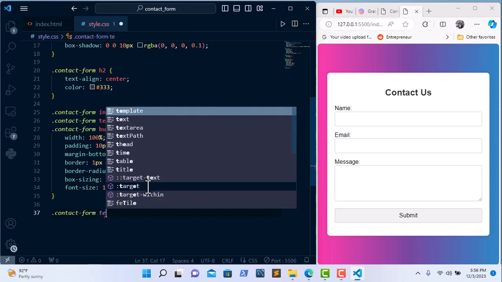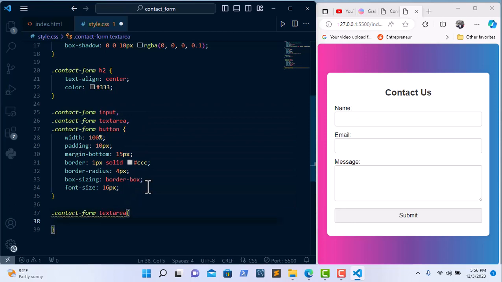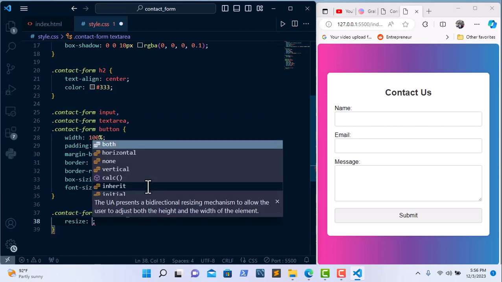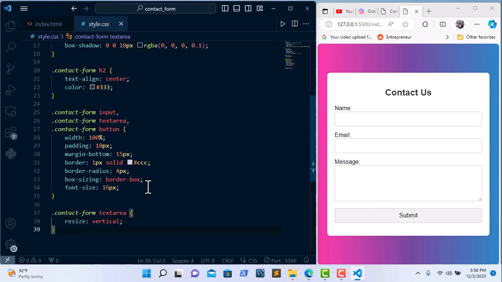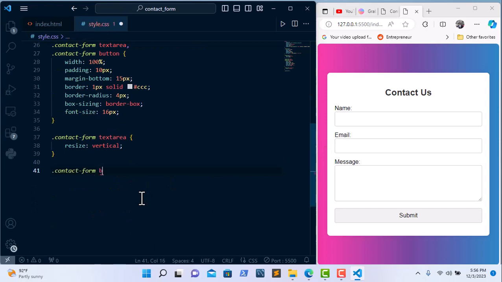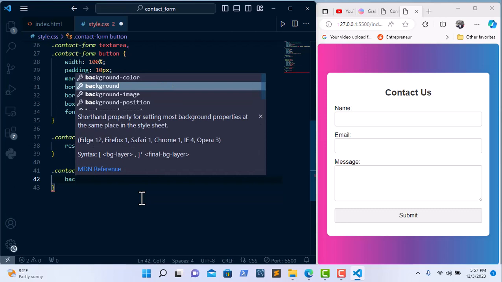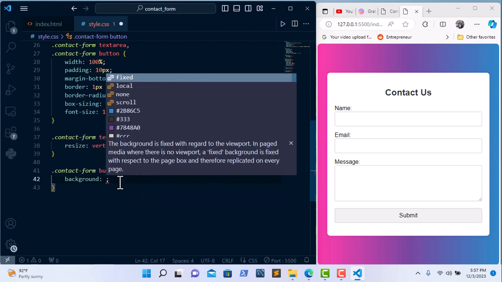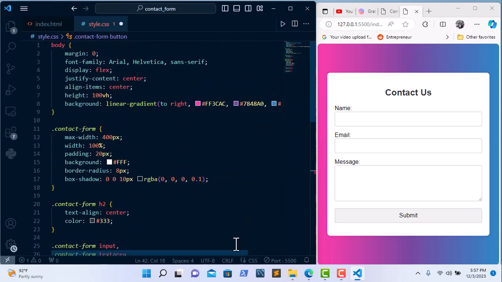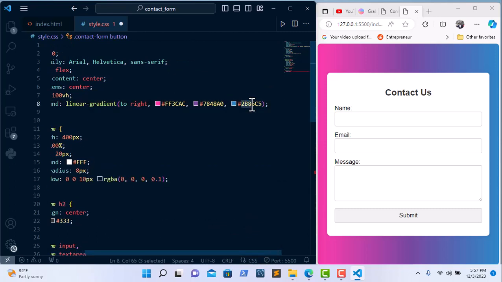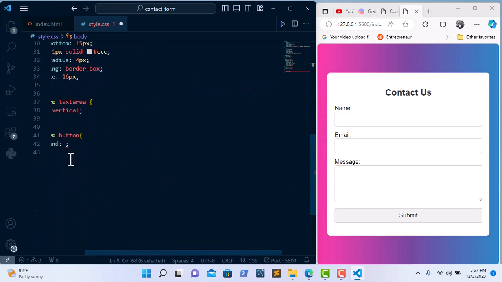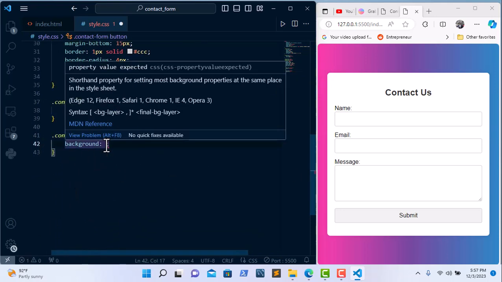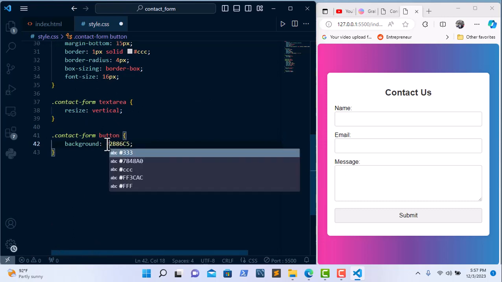So next, we are going to style the text area specifically. So I'm going to say text area, and we want this to resize vertically. If I save that, awesome. Then the button alone, and we are going to define a background for it. So we want the background to be one of the colors of the gradient. So we are going to pick this. Let's copy that, and then we can specify that on the background, just like this. So if I save it, and here we go,